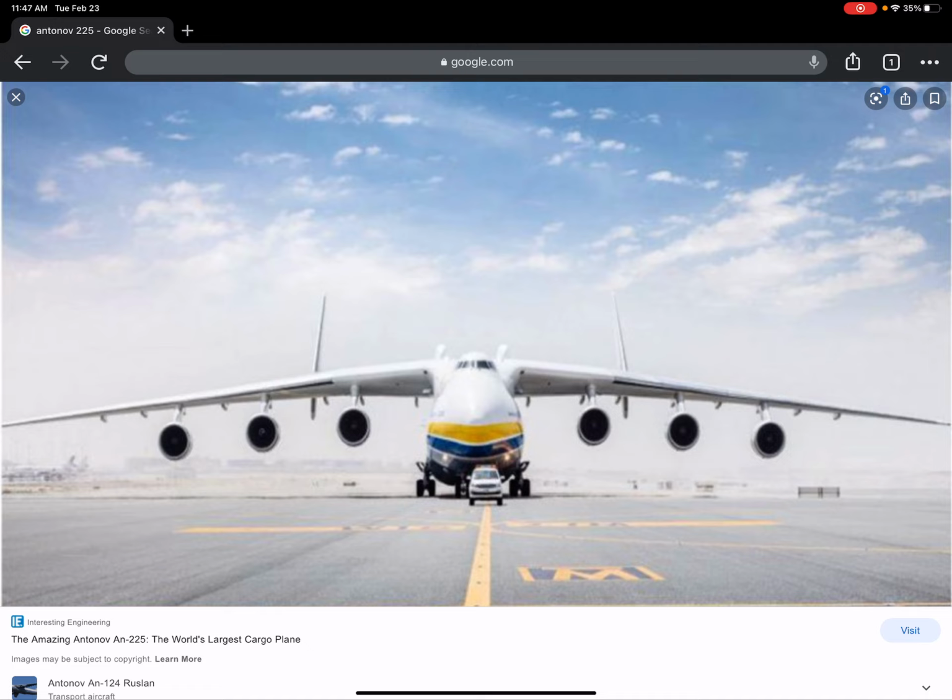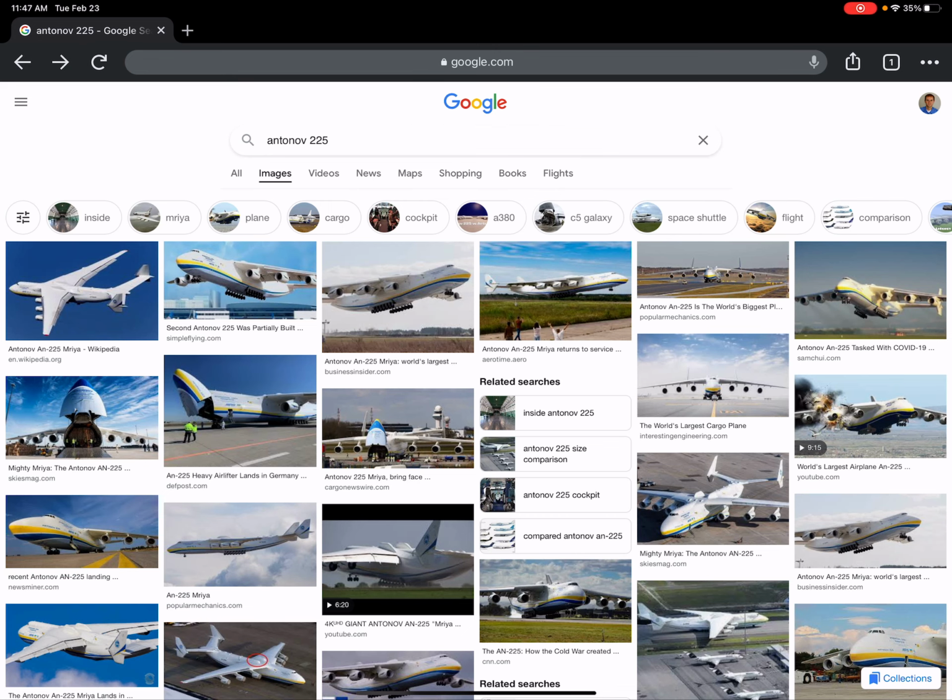Now, of course, this is sitting on the runway, and so those wings aren't carrying lift right now, and so the wings will deflect upward just a little bit in flight, but you can see from these other images that even in flight, this aircraft still has some anhedral, okay? What they're trying to do is get rid of part of that dihedral effect, which is due to the size of the fuselage.